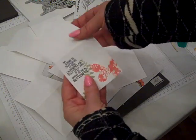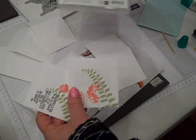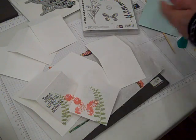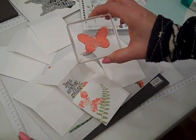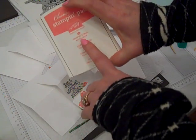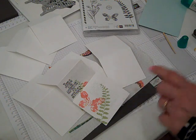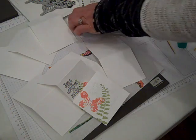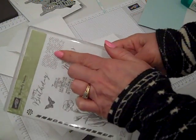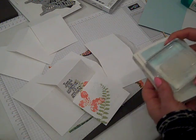So our gift cards and mini gift cards and envelope are going to use, again, the Butterfly Basics, and we're going to use this image here that's going to coordinate back to our die. This is the butterfly image, and then we're going to stamp that in Calypso Coral. And we're going to have the leaf image from the stamp set. We're going to use Pear Pizzazz. And there's this little honeycomb looking image here. And we're going to use that in Soft Sky. But what I'm going to show you is how we're going to do all of this in an assembly line